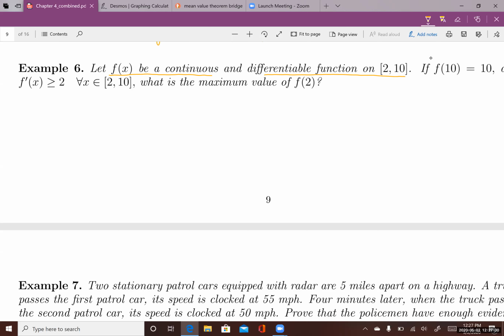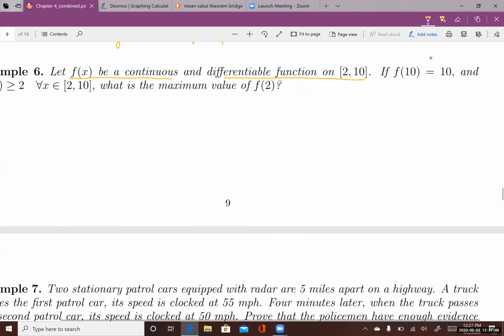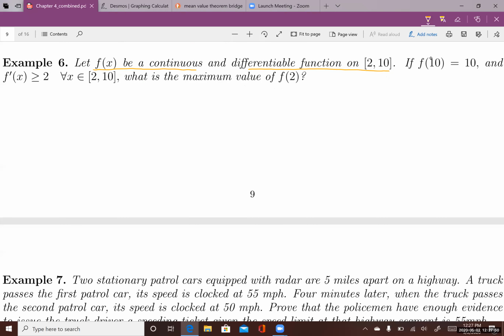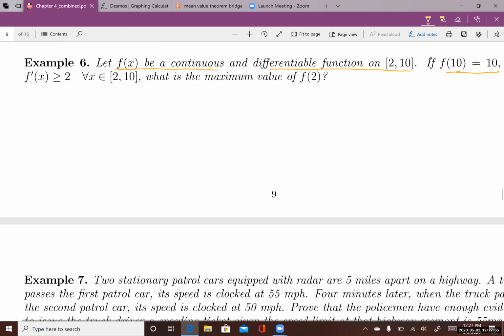So that means you know that there exists a point in between 2 and 10 such that the derivative at that point is equal to the slope of the secant line that goes through these 2 points. But the question is, if the function value at 10 equals 10, and we know that